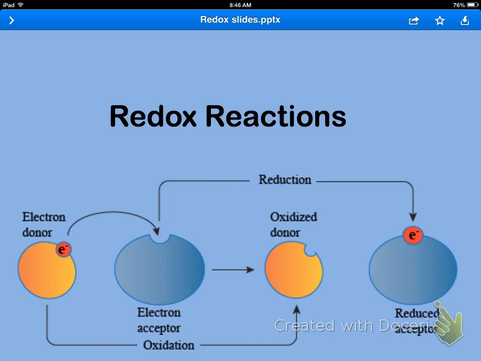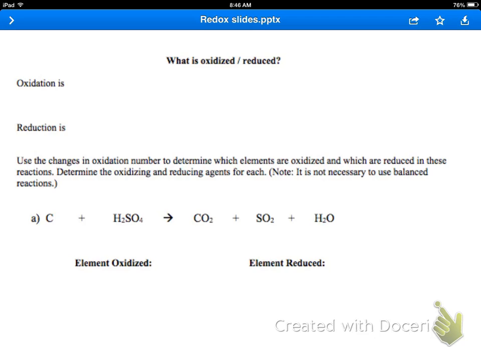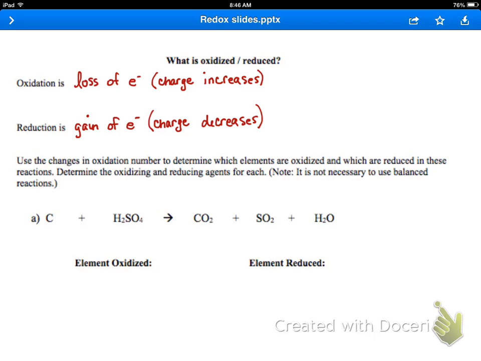So in this video, we're going to talk about how to analyze redox reactions to figure out what gets oxidized, what gets reduced, what does the oxidizing, and what does the reducing. So just to recap, what is oxidation and reduction? Oxidation is the loss of electrons, so the charge increases, and reduction is the gain of electrons and the charge